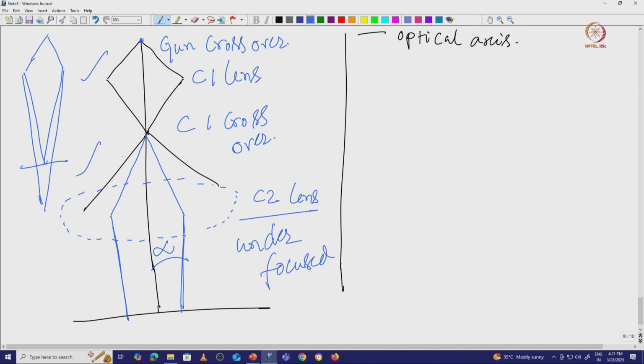C2, and we are trying to make the beam parallel. It is not perfectly parallel, but it is somewhat parallel, but the beam diameter is very big. So that is also not very good for our purposes. That is the reason we are going to draw the other one here. Initially I thought I will make this okay.